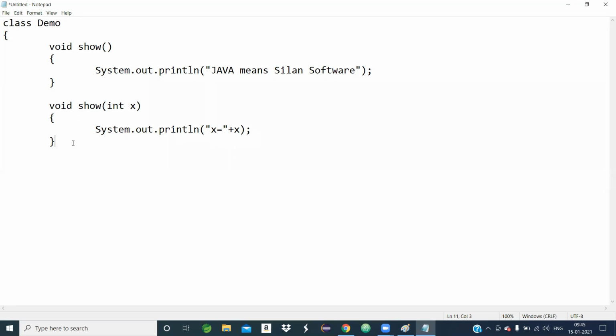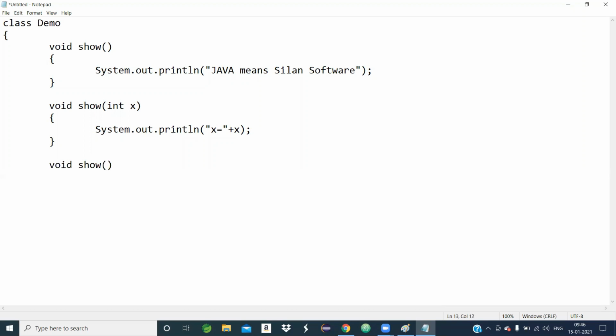That means it is possible to define a method multiple times to perform multiple tasks. First show method represents one message, that is Java means Ceylon software. Another show method represents x equals an int value. You can define it n number of times.